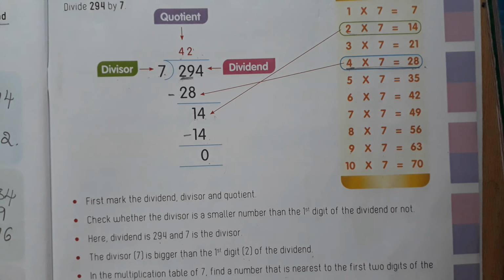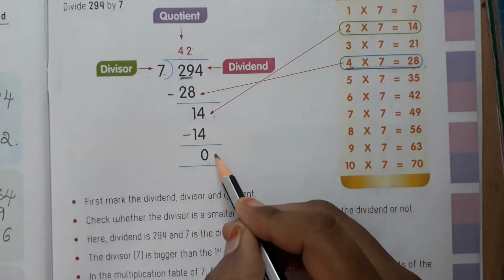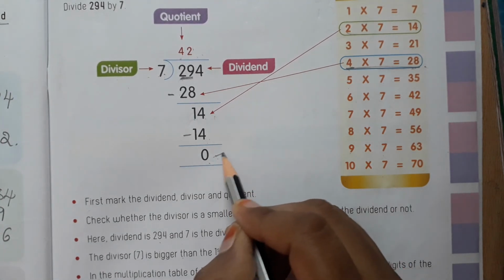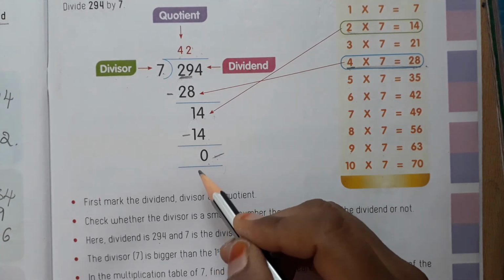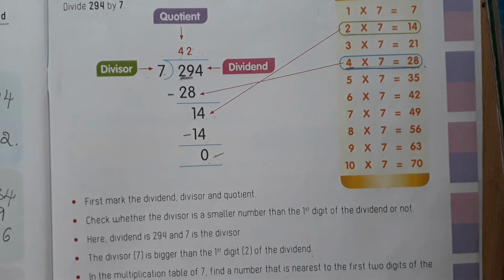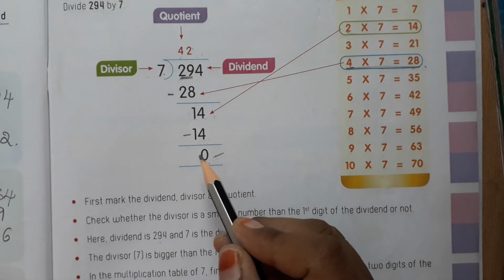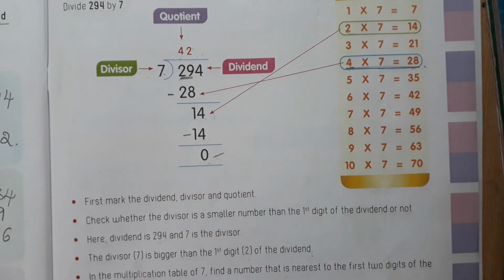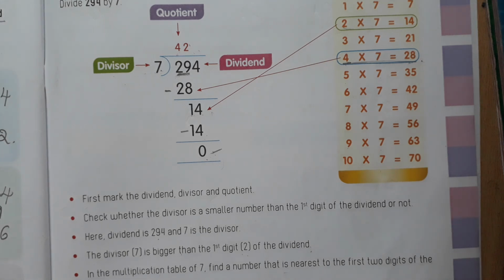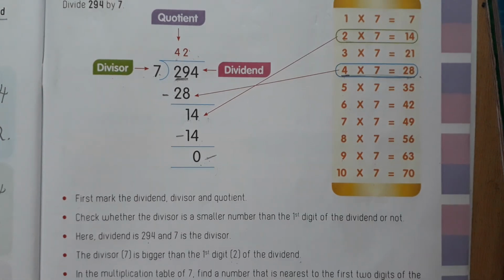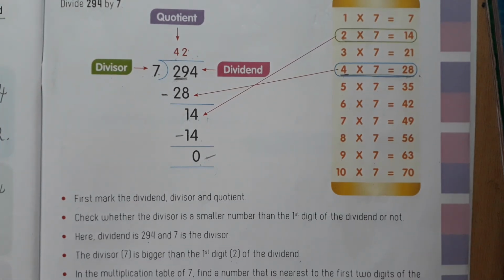Up to now we have learned divisions without remainder, meaning the remainder is 0. So in the next video we will learn divisions with remainders. Here the remainder will not be 0. The remainder may be 1 or 2 or 3. So in the next video we will learn divisions with remainders, the division formula and some more facts